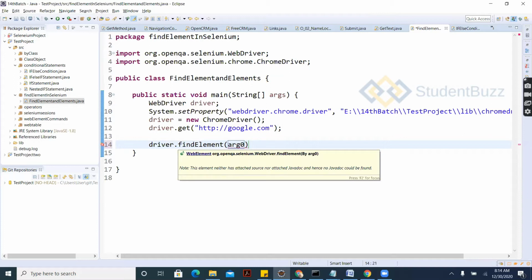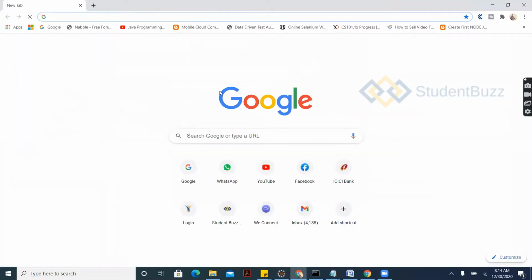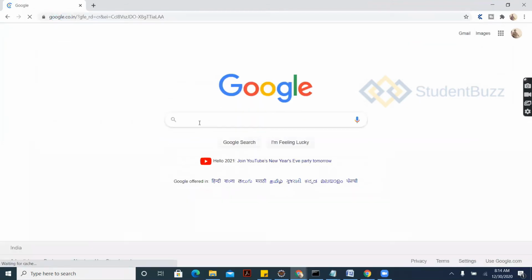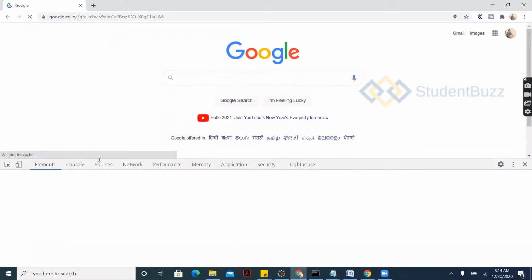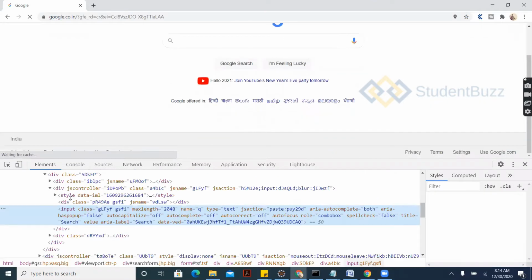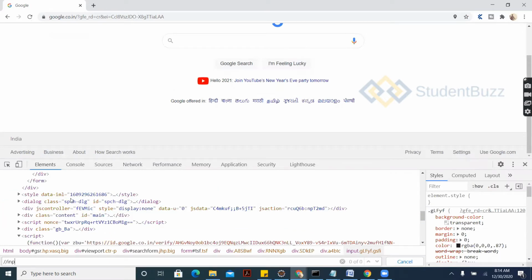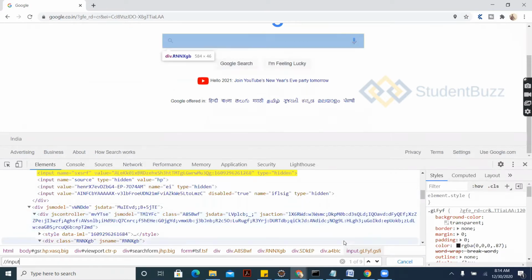For example, there are multiple elements with the same tag. Open inspect element, right? Once you do this inspect, if you search for slash slash input, here it is showing 1 of 9.